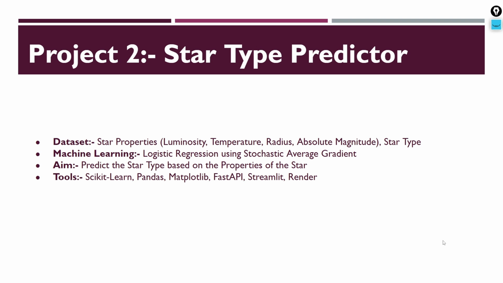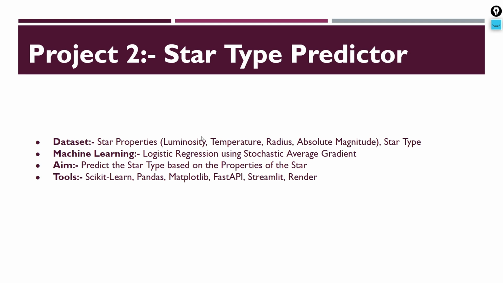In your project 1, you focused on a regression problem. In project 2, you will be focusing on a classification problem. Here, it's no longer a synthetic dataset, but a dataset that is a collection of different types of stars, be it hypergiants, supergiants, red dwarfs, brown dwarfs, main sequence stars, different types of stars basically. You get to predict the type of the star based on its luminosity, temperature, radius, and the absolute